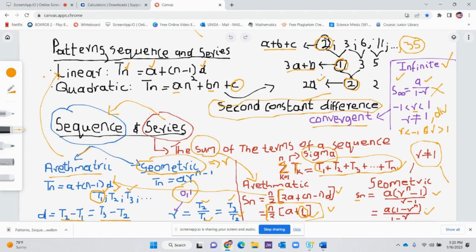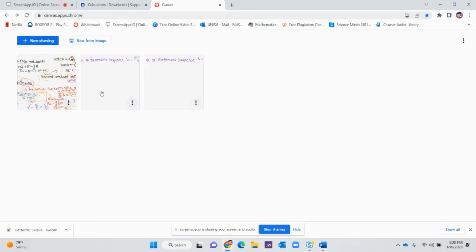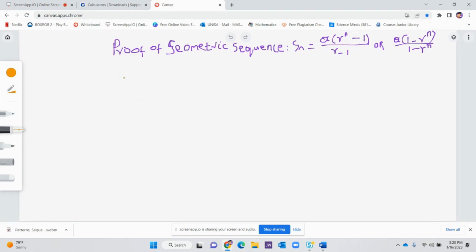In this video, we're going to prove the arithmetic as well as the geometric sequence. They are examinable. Even though there is proof of the infinite series, it's not examinable, so that one we're not going to show in the video. All right, so let's start with the proof of your